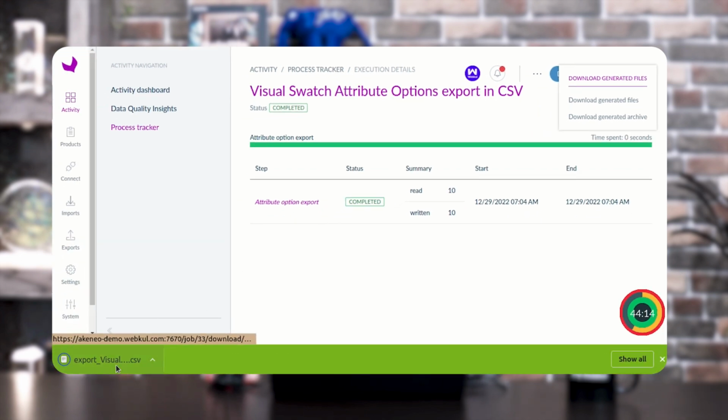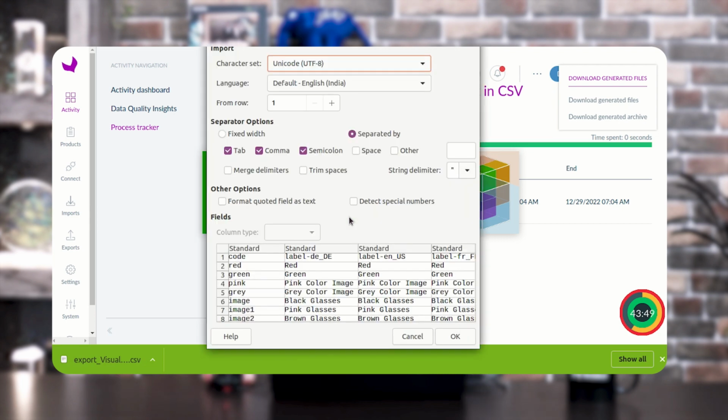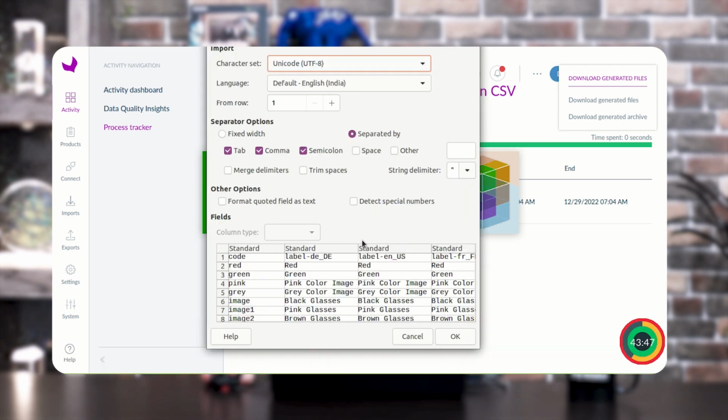Accordingly you can check that particular file as well. After downloading these multiple visual switches options, you can find the file as well, as I am going to show you here. So this way admin can also export all the visual switches options.